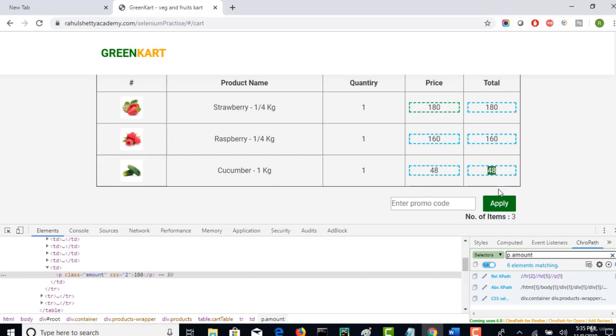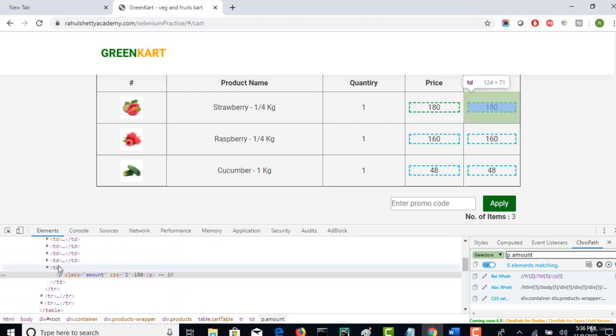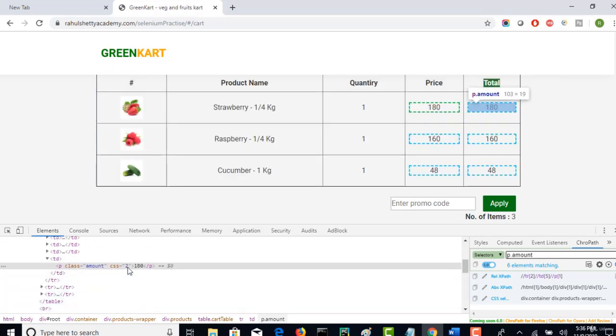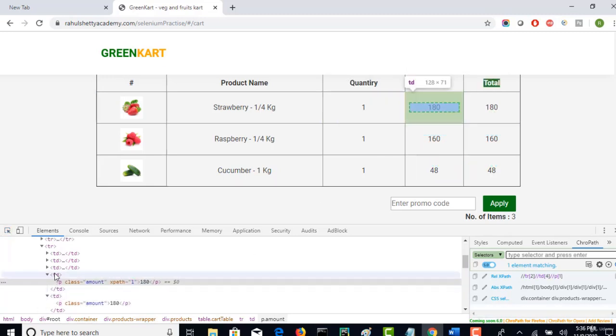So when you think that you cannot do it uniquely, then start with the parent. We are sure that the parent of this one and this one will be different, obviously. So traverse from parent to child so that the parent is unique, then you can identify them uniquely. Let's see. Unfortunately, for all these, the parent is also the same, which is TD. If you go up, 180 is what is highlighted here, and TD is the tag. And here also TD is the tag. Parent is also the same. Now tell me, how can you